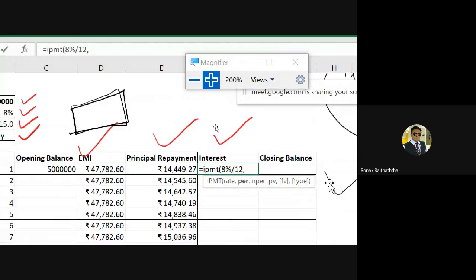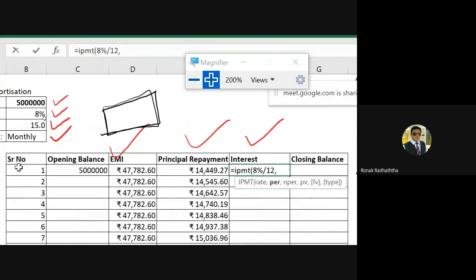PER needs to be changed. So I'm giving the link of that PER, that is 1, comma, number of periods which will remain same for all the number of periods. So 15 multiplied by 12, 180. Or I could have written just 180, that could have been also fine, comma, loan amount which will be again 50 lakhs. So minus